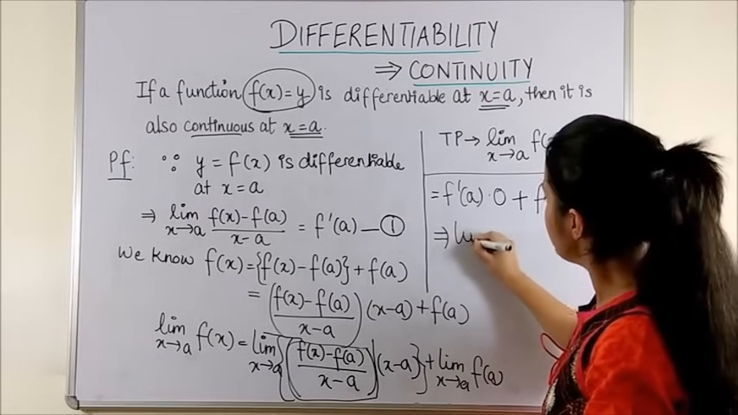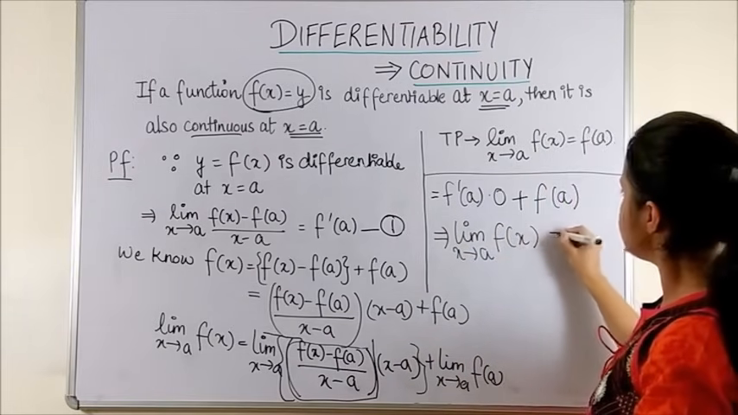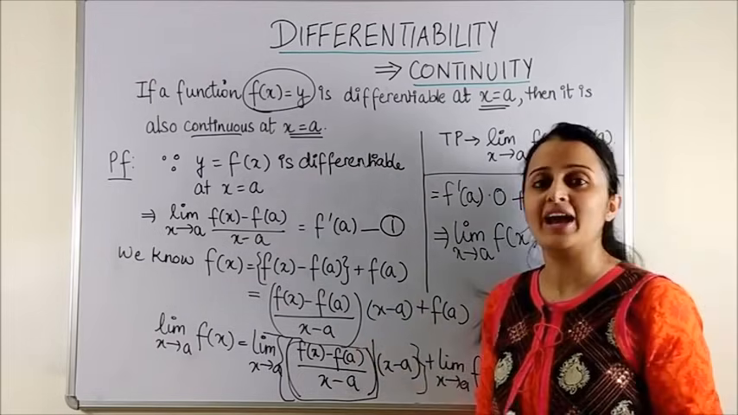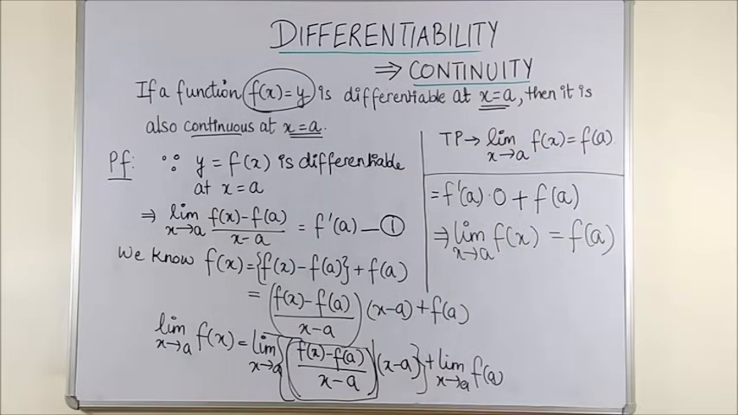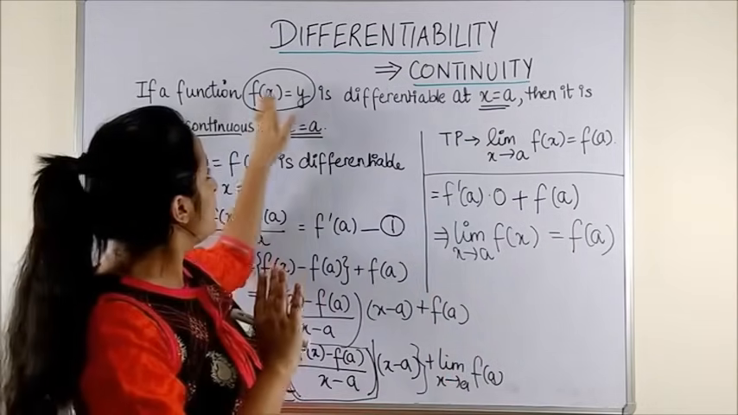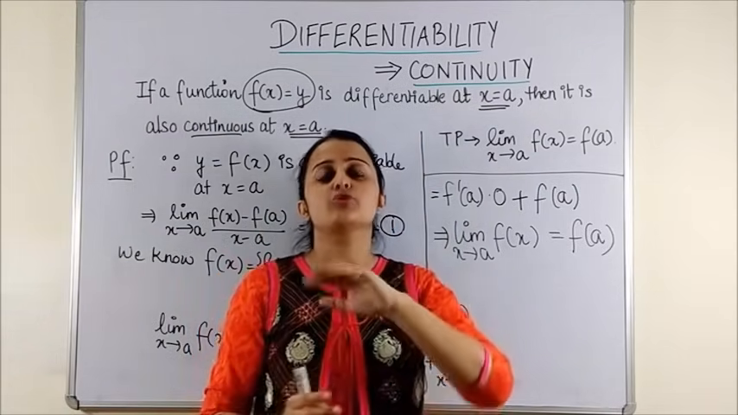This implies limit x tending to a of f(x) is equal to f(a). And well, that is exactly what we had to prove. Now the same theorem could be extended to the function being differentiable at a certain interval, then it is also